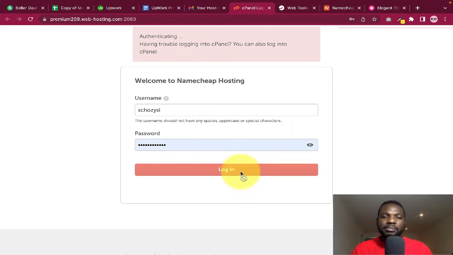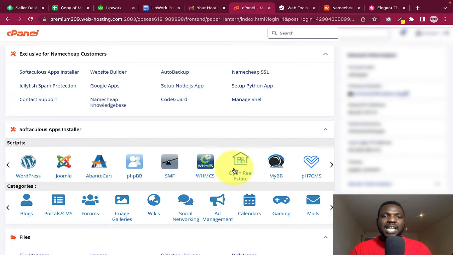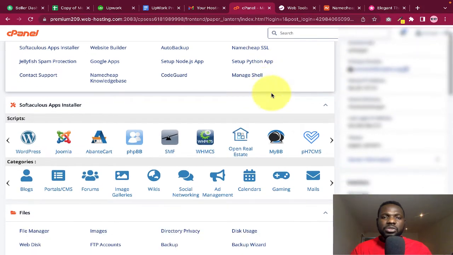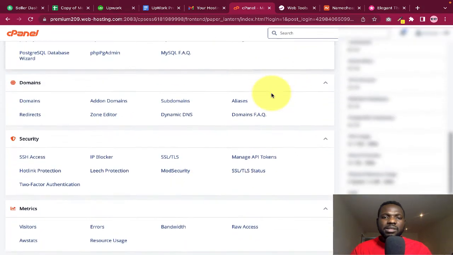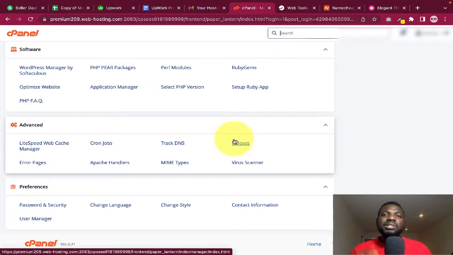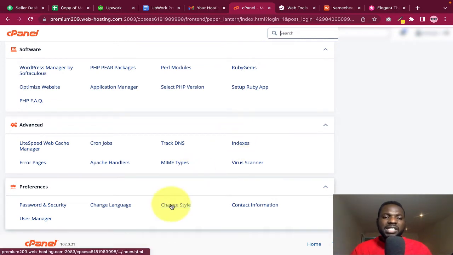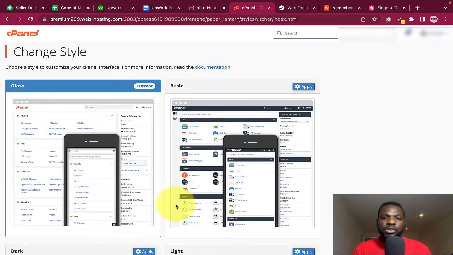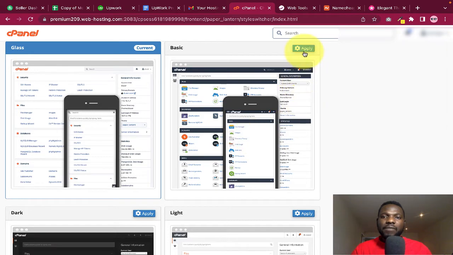Now let's log in. This is the cPanel, and you can see our domain name is here. There's something I need to tell you about this cPanel. This current design might not be what you will see in your own cPanel by the time you log in. Sometimes it might look like this. So let me go to change style. I want to show you the old one. The old one will look something like this. So if I apply it now, for instance,